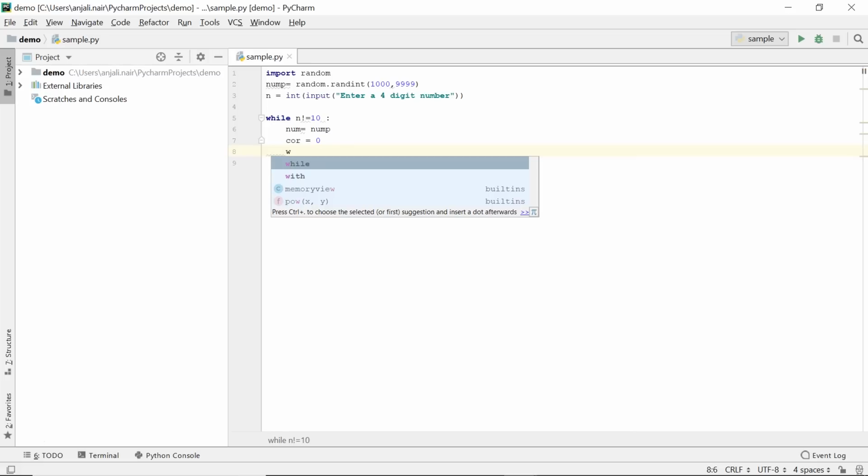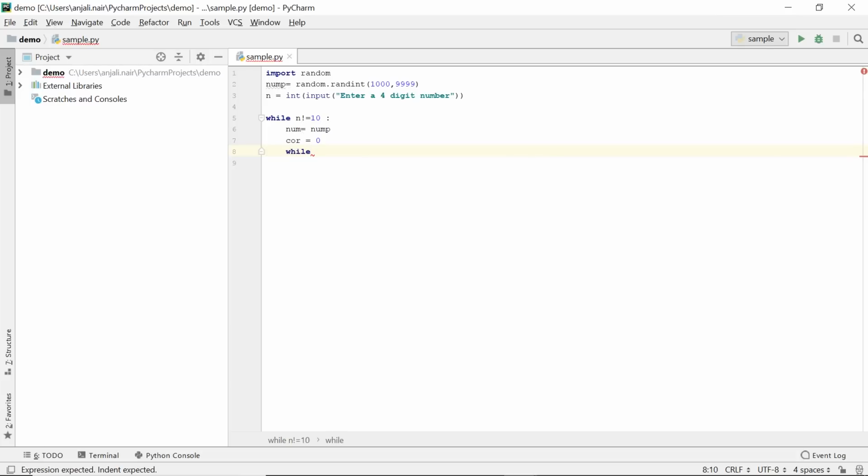Now to check if a digit is in its correct place, we need to extract each digit from both n, which is the number entered by the user, and num_p, which is the number generated randomly by our program. So to extract the digits, as we did in our previous example, we'll use the mod function.